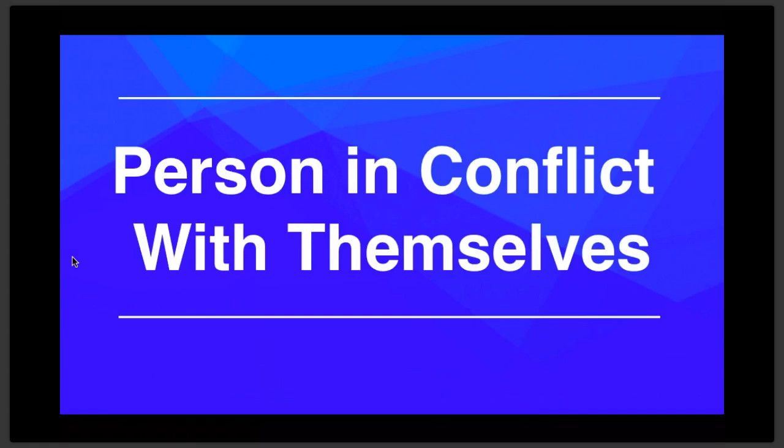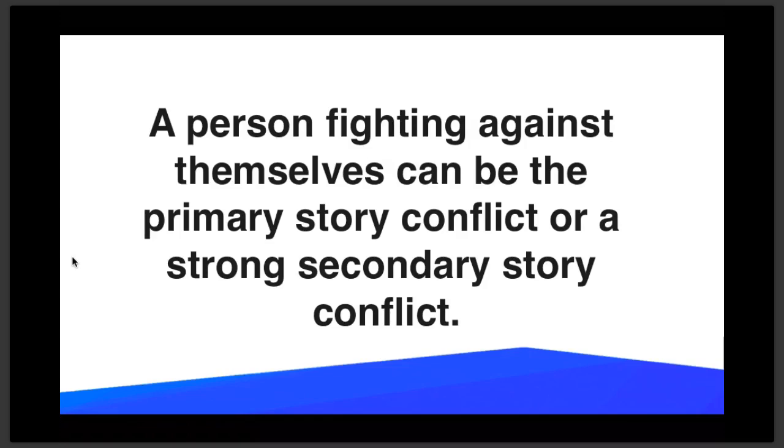a person in conflict with themselves means they're fighting against themselves, what they believe, what they think they know, what they want to believe, but are blinded by previous experience, that type of thing. So it's oftentimes called man against man, which, I'm sorry, sounds like a wrestling metaphor. So when you're in conflict with yourself, for the scenario where we had the person from New York City who is on the ranch in Montana, I don't think they have farms. They have ranches. Anyway, in the ranch in Montana, you